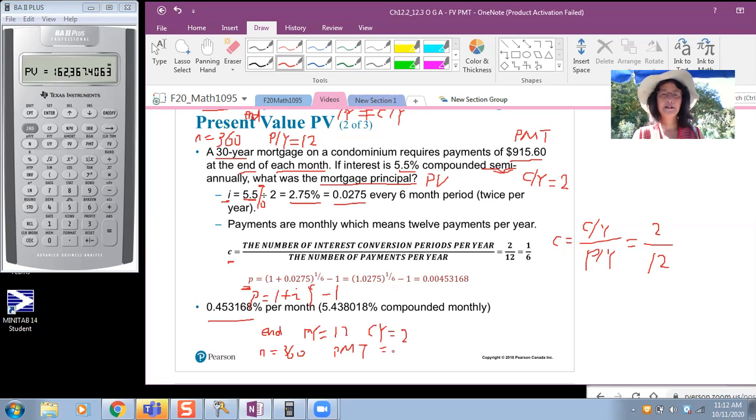PMT, enter negative 915.6, and IY is 5.5. And finally, do not forget 0 is FV, 0 FV, and then CPT, compute PV, and you will get